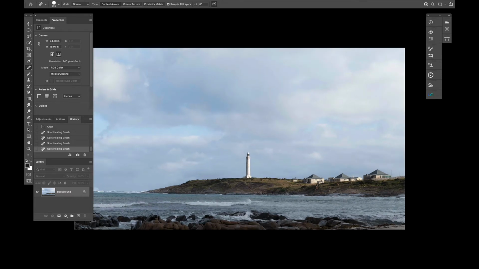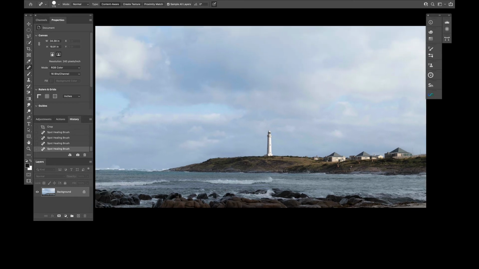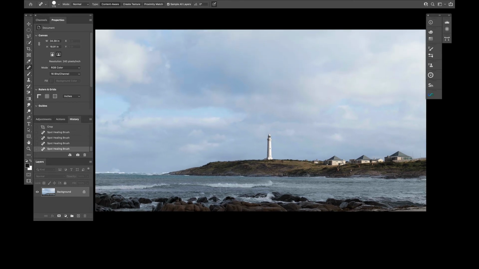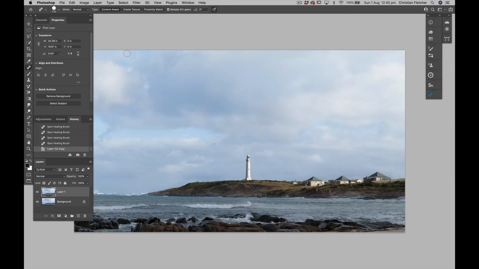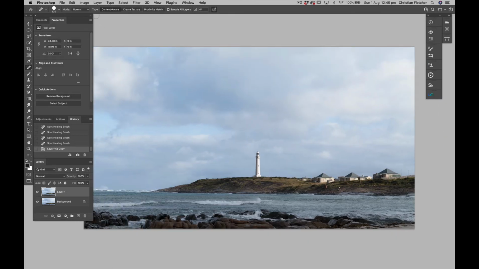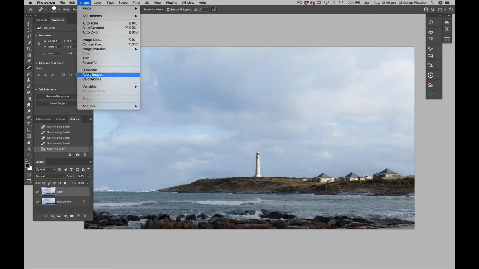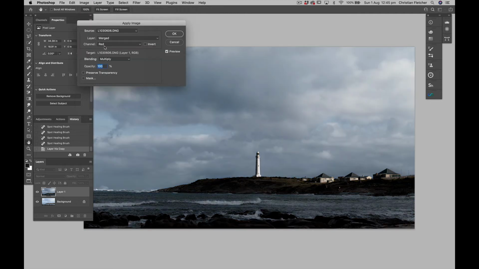Okay, so we've got the two images blended together. We've got a bit of hero light, but it still needs a lot more drama. So I'm going to duplicate the photograph, Command J, and then I'm going to hit F on the keyboard again. Go up to Image, Apply Image. I'm going to darken it down by using a red channel and multiplying the red channel here. Okay, click OK,